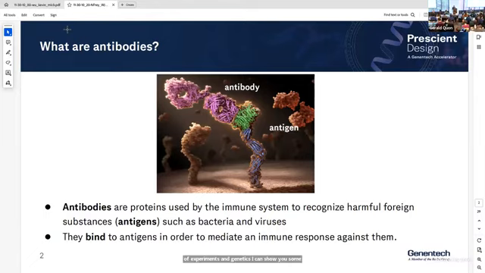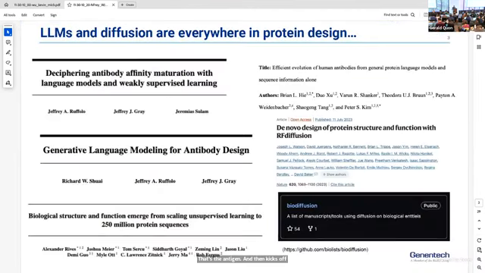For my purposes, an antibody is a very simple thing. It's just a protein that recognizes some other protein and binds to it. That's the antigen, and then kicks off some kind of response. So as we've seen already, large language models are all over the place in protein design